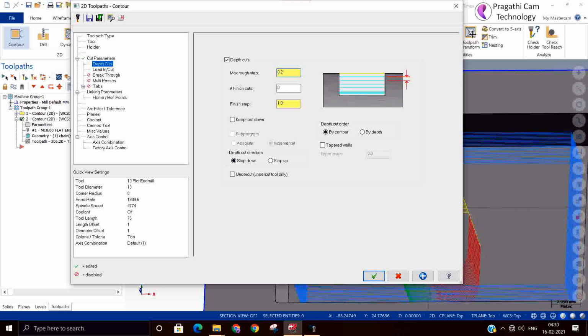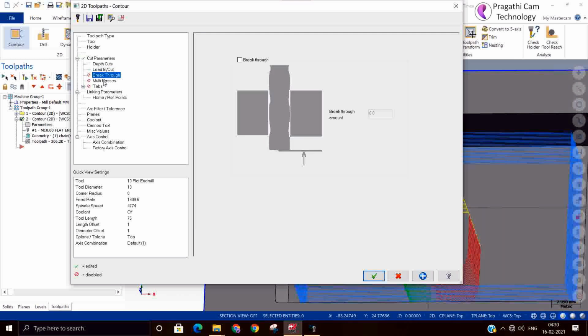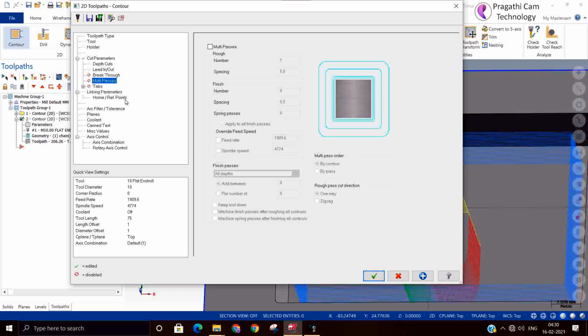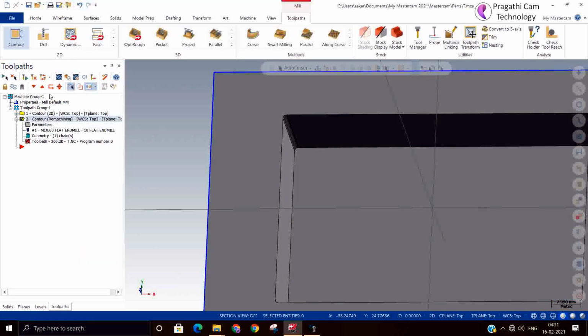So lead in, let it be lead in, lead out. It's not advisable to cut in a single pass, so we can give 3 passes. So the step over is 0.2 we can give. Okay, step over one I have given, so 50 percent of cutter diameter. Okay, tool I have not selected. Sorry, no, I have not selected the tool. Okay, that's the reason.